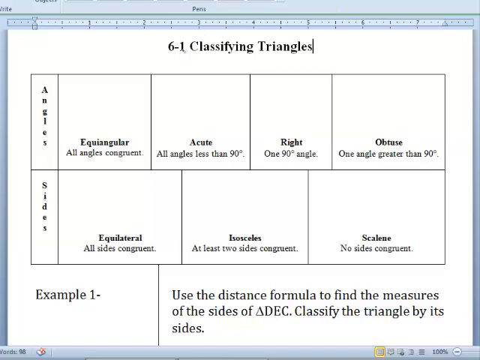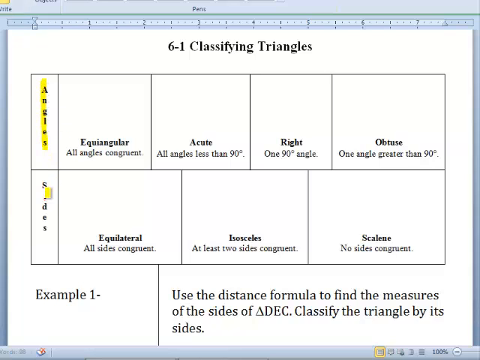Today's notes are titled 6-1, Classifying Triangles. Make sure you get a title on your paper, on your notes there. It really helps to have a title whenever I'm looking for them and you're looking back. I've seen some students not write a title. Please do that. All right, when we're classifying triangles, there's two ways we can do that, either classifying by their